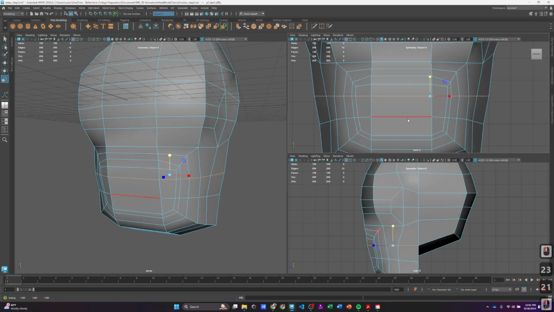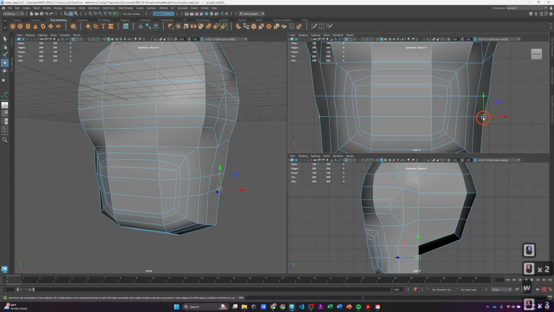Now I could make it completely coplanar with all of these, but this starts to get very mechanical and robotic. As you can see, I just scaled it flat essentially. But you can see we got a pinch here, so I'm going to right click and just tweak as I go to smooth things out. Again, at the end of the day, we're going to be using this space geometry to conform to many different types of heads, as it were. So it just needs to be generally consistent in terms of the number of faces that we have available and where they are. You'll see that we have this mouth forming here,